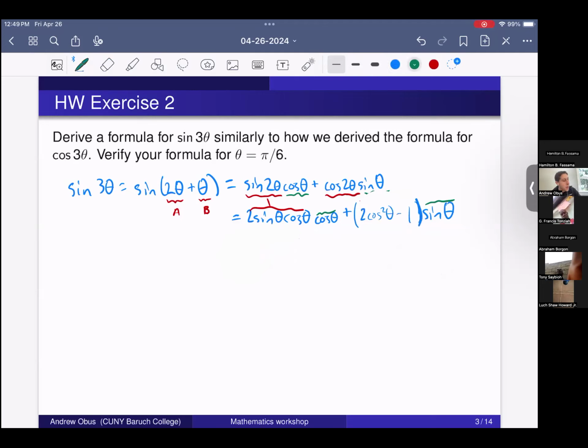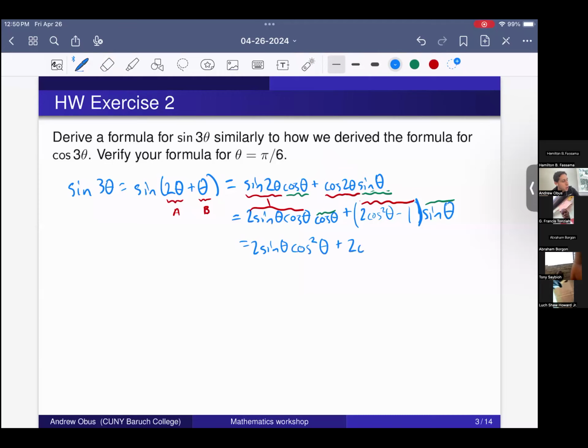The way I did it before is not wrong. It just won't simplify as easily. So I'm going to do it in a way that it simplifies a little bit more. So 2 cosine squared theta minus 1 is also one of the valid formulas for cosine of 2 theta. Okay, so if we write this down, this is 2 sine of theta cosine squared theta, and then plus,